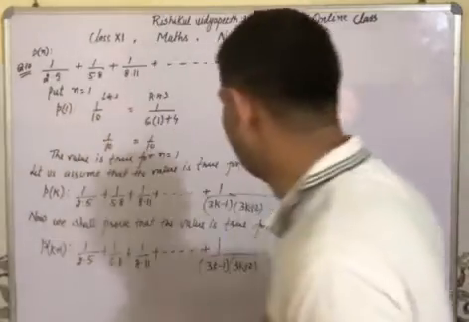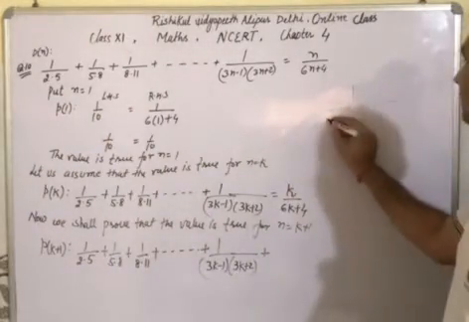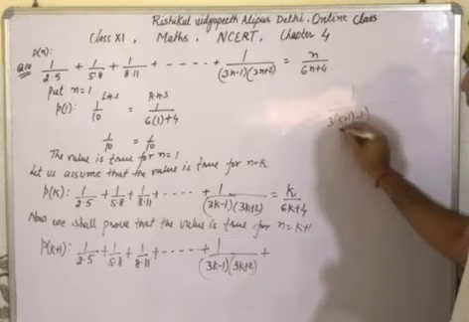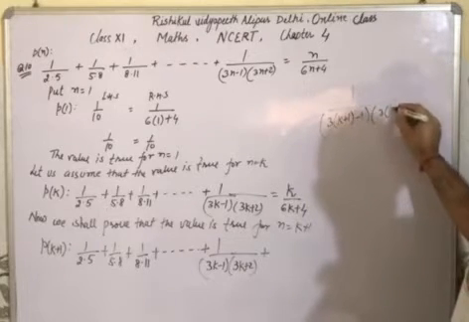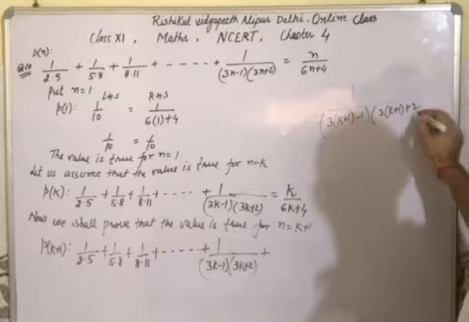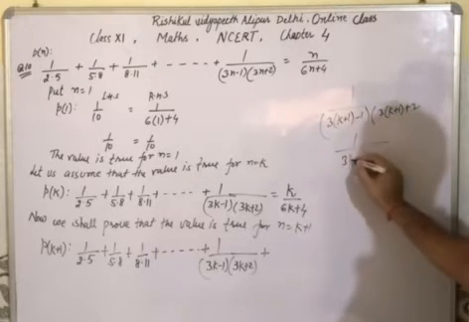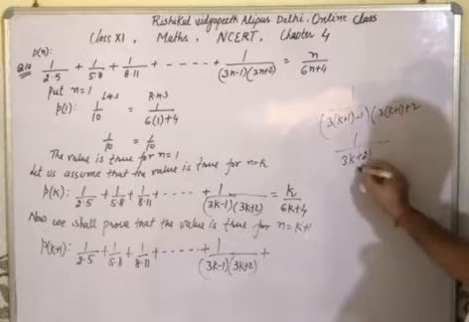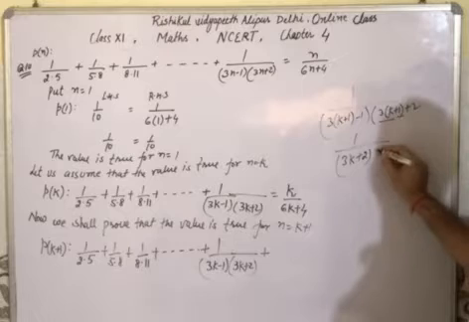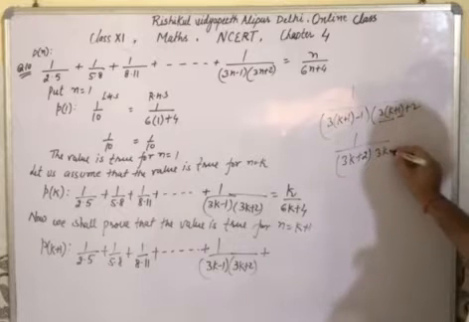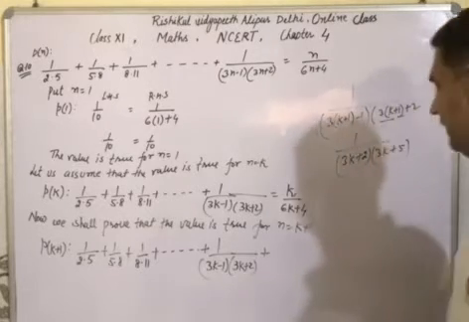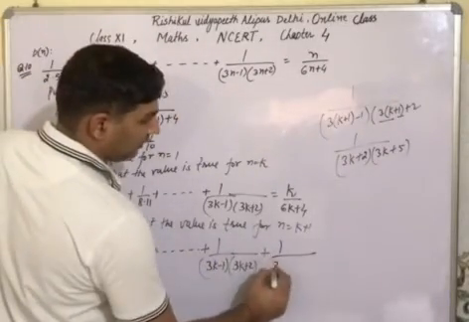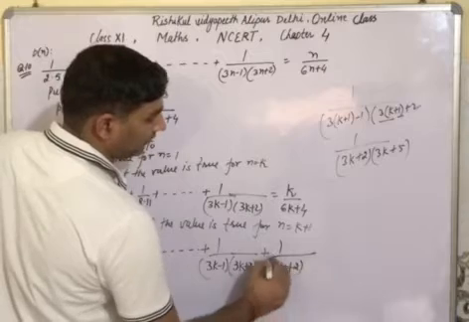What will the next term be? It is 1 by (3 into (k plus 1) minus 1) and (3 into (k plus 1) plus 2). Then 1 by (3k plus 3 minus 1), which is 3k plus 2, and 3k plus 3 plus 2, which is 3k plus 5. So the next term is 1 by (3k plus 2) and (3k plus 5)